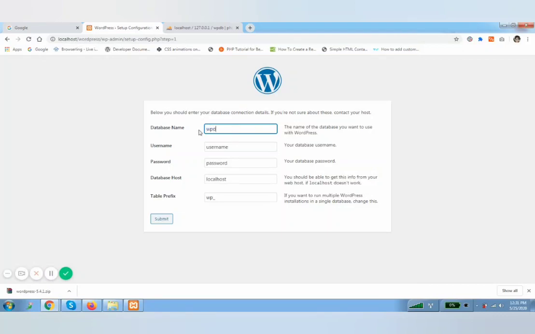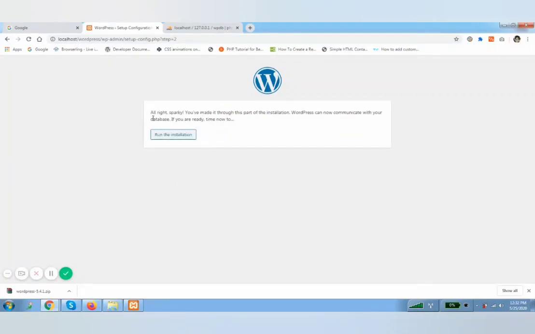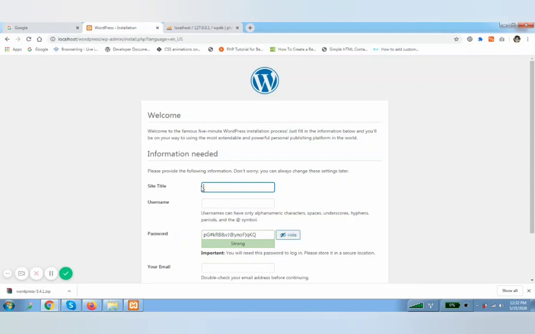Now go back to the installation process, where you need to fill in the database details. I'll type VPDB in the database name and root as the user. Root is the default user, you can create your own, but I will go with the default one. Then in the prefix option you will see WP is the default prefix of WordPress. Now I'll proceed.